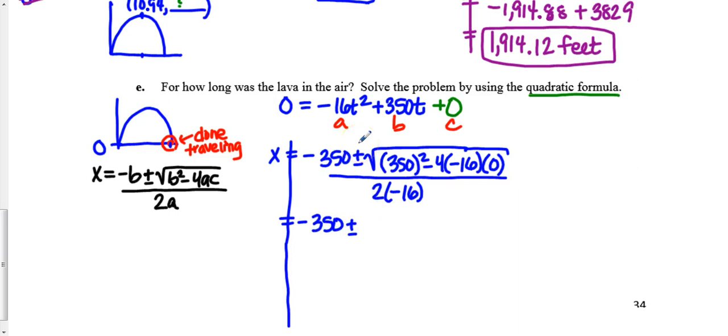Now if I'm very careful, in my calculator I can actually type in this entire number at once, but notice what happens over here. 0 times anything I know is 0. So actually I don't even have to worry about that part. Because this whole piece right here, 4 times negative 16 times 0, anything times 0 is 0. So I really just have to worry about 350 squared, still under the radical sign. We haven't actually taken the square root yet. We get